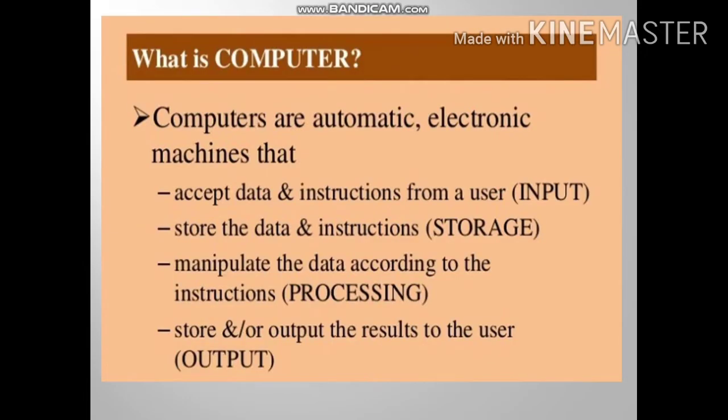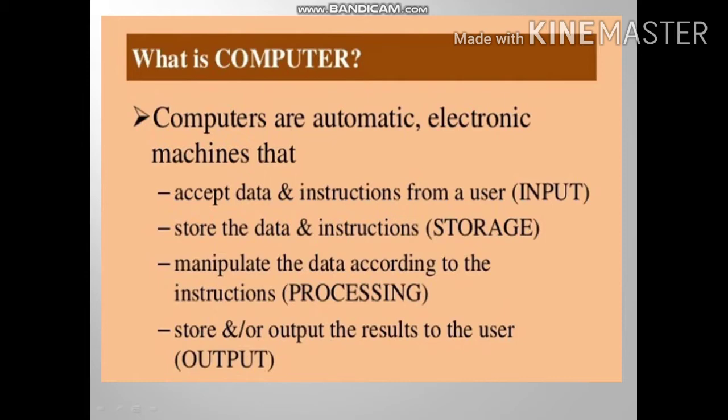Computers are automatic electronic machines that accept data and instructions from a user through an input device, store the data and instructions in a storage device, manipulate the data according to the instructions, that means processing the data, and last, output the result using the output device. That means you input the data through the keyboard, it processes it in the CPU and it displays the result